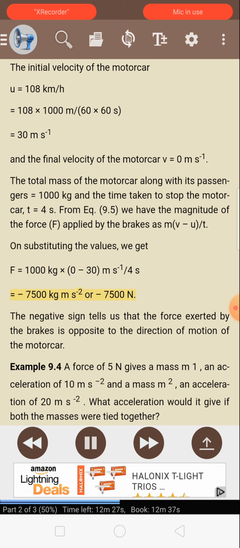Equals 7500 kg m/s² or 7500 N. The negative sign tells us that the force exerted by the brakes is opposite to the direction of motion of the motor car. Example 9.4: A force of 5 N gives a mass m1 an acceleration of 10 m/s² and